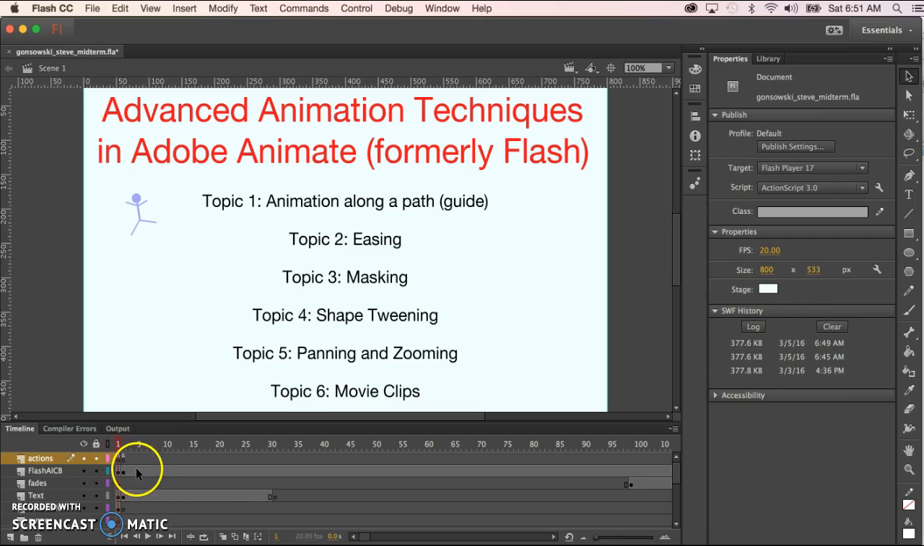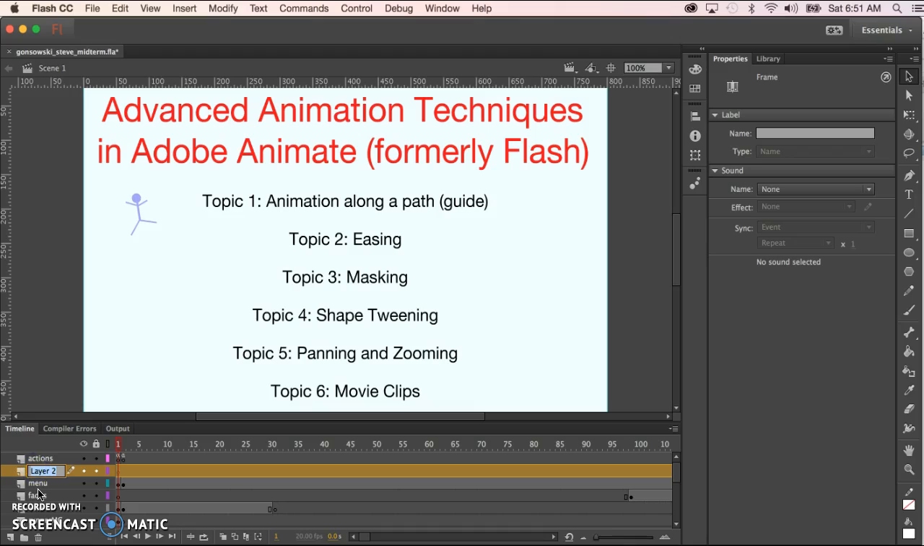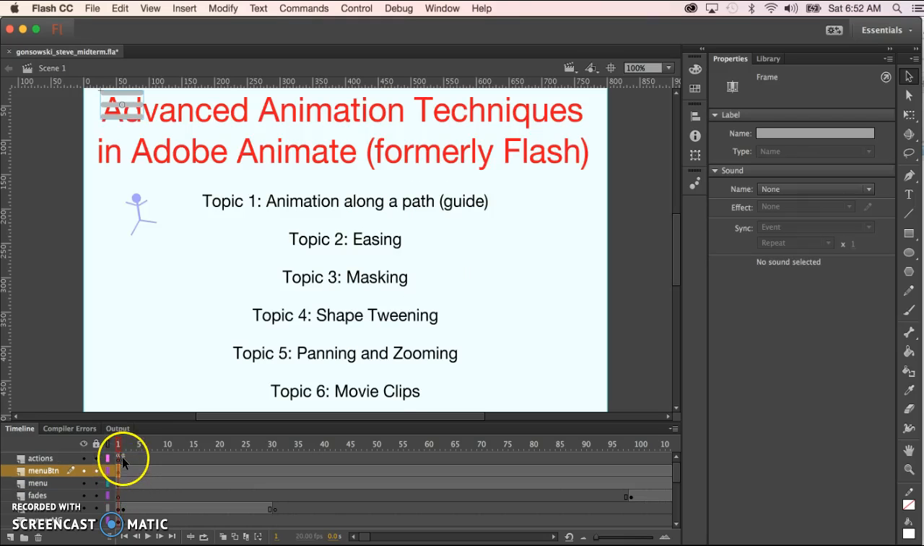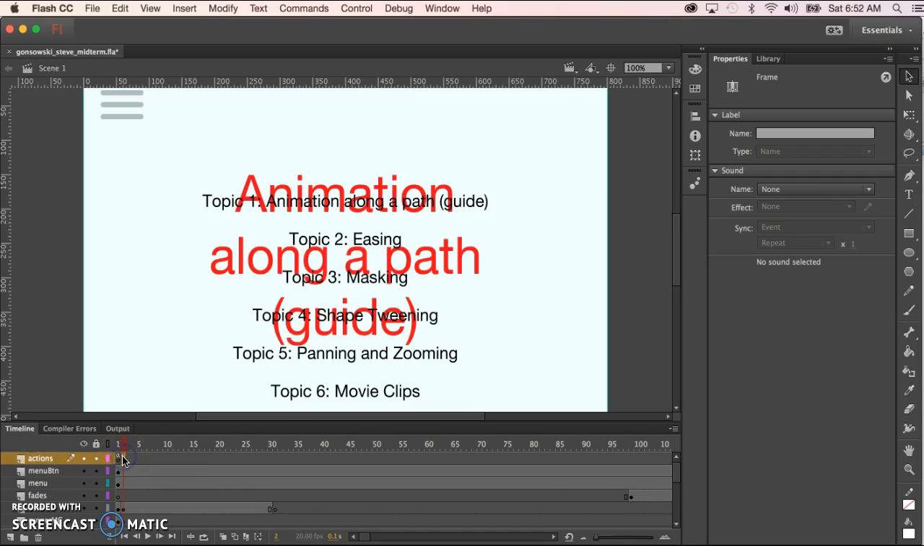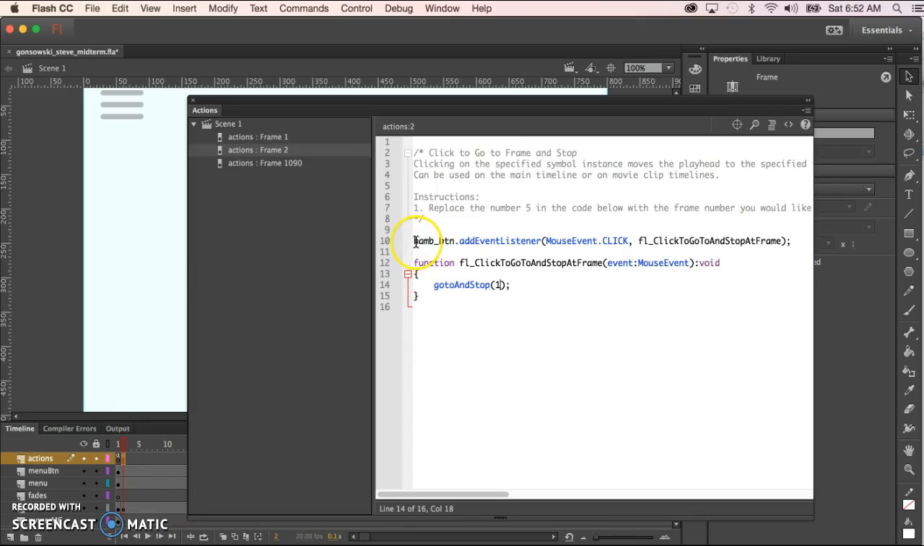So what we have to do here is a fix. It might seem a little bit bizarre. In fact, let me just clean something up real quick. I'm going to rename this layer to menu. Then I'm going to make another layer right above that, and I'll call that menu BTN, and I'll drag this button up and over so that it lands in that first frame. And then I'm going to take the code that I wrote in that second frame and move it over